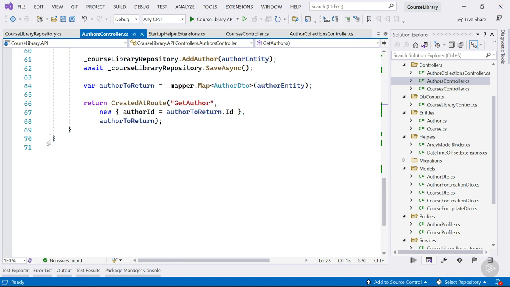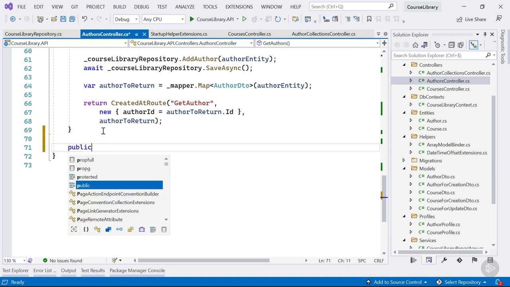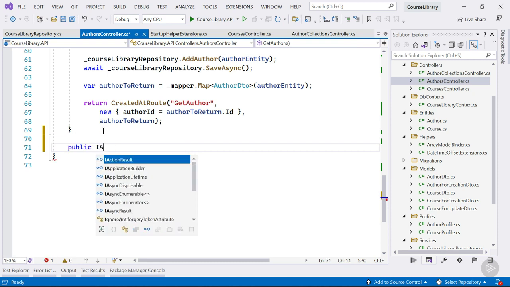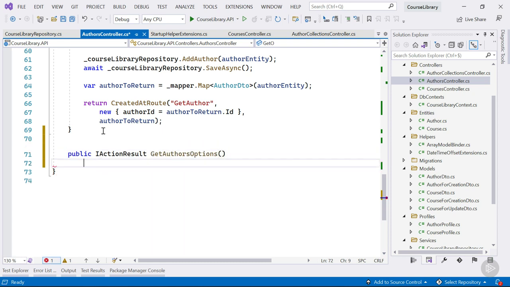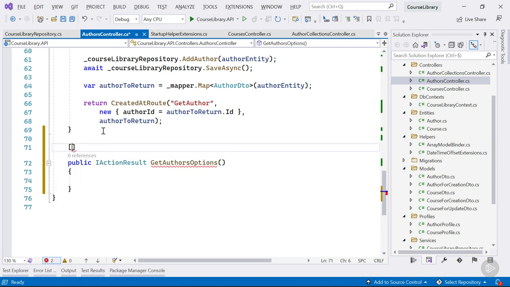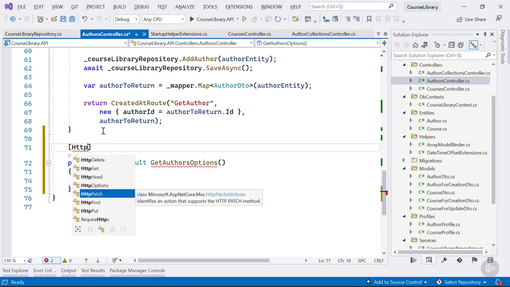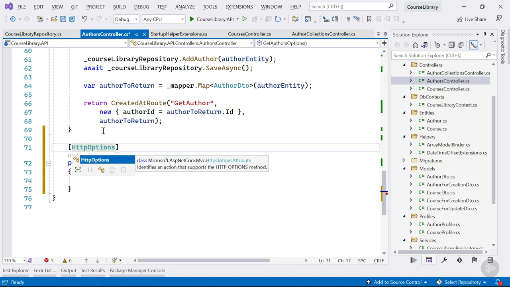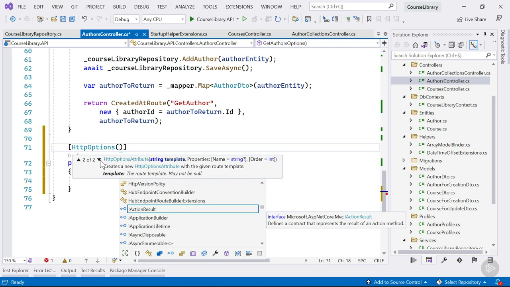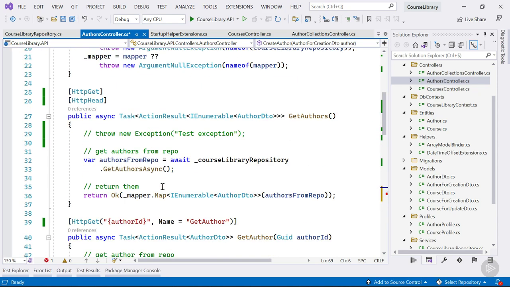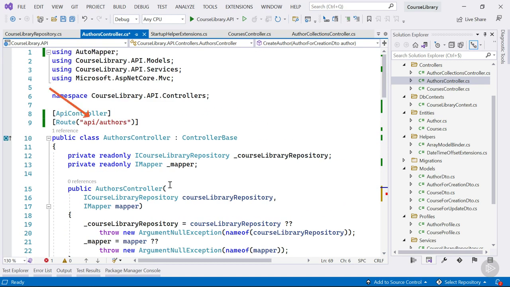Let's add a new action here. Get authors options. No async code in there, so we don't need to return a task. The attribute we want to use here is HTTP options. We're not passing through a route template, although you can. And that means that we are talking about the options for